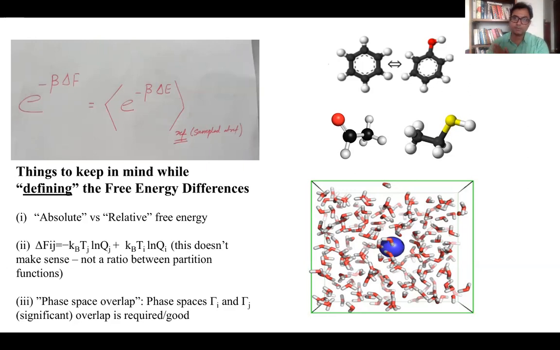Easier said than done, because the jump from an uncharged to a fully charged one, unit ESU, is a big jump, right? And so what we will be doing is we will be taking small jumps. So this is the zero charge state and this is the one charge state. This is a large jump and there's no overlap. So the water configuration a zero charge is sampling will likely not be sampled by a fully charged ion. And you will see that you will get wrong delta G's.